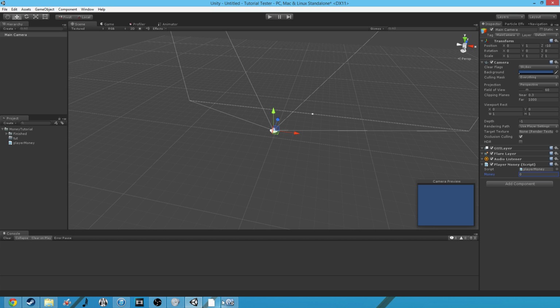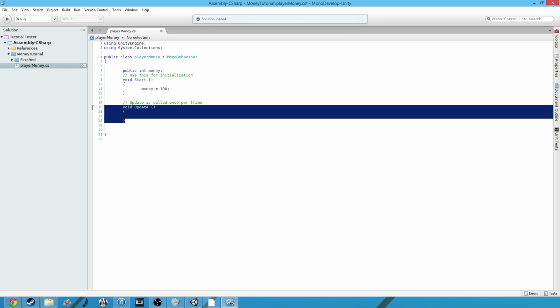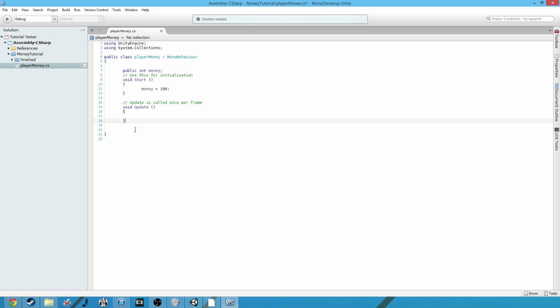Going back to MonoDevelop, we now need to create a way for the money to be added and subtracted. The best way for this is to create new methods. Methods are what you see here. These things right here. They're basically packages in which you put other bits of code and you can run them just by referencing the name of the method. So we're going to write